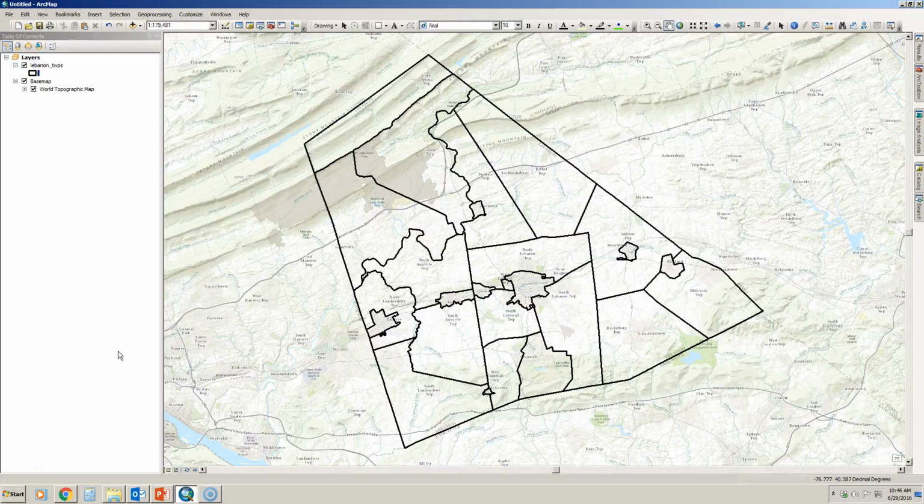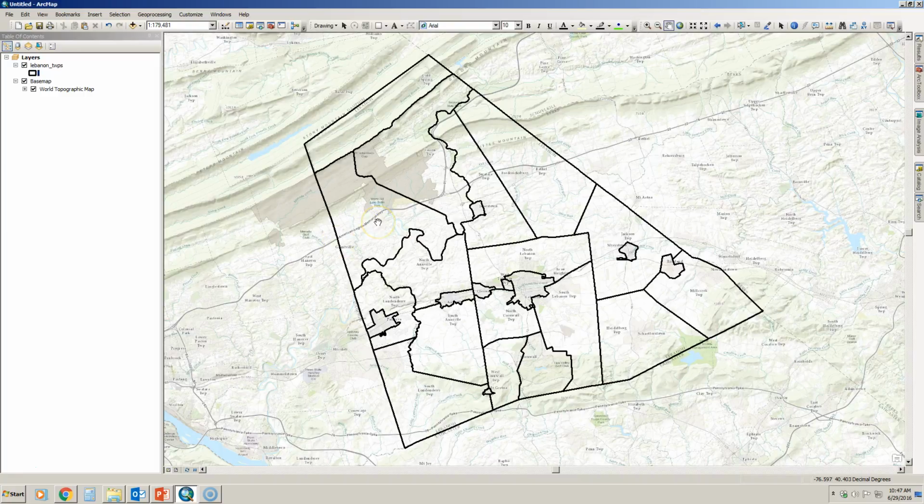One of the ways that we can create GIS data is by drawing a graphic on our map and then converting it to a feature. I like this method as a way of creating quick data when you just need one or two features for a map. And the scenario that I'm going to use for this, let's say that here on I-78 there was a chemical spill, and you need to evacuate everything within 5 miles of that chemical